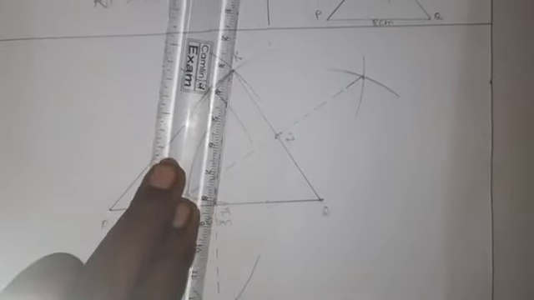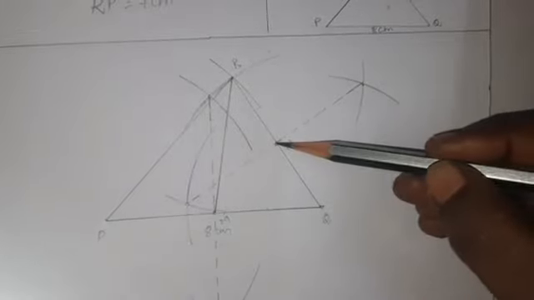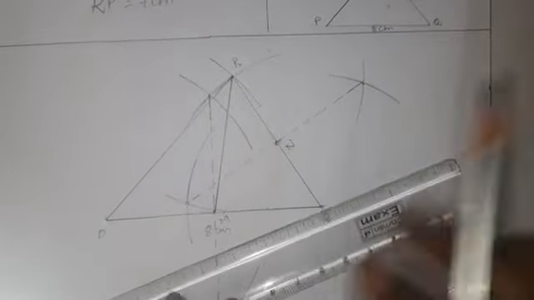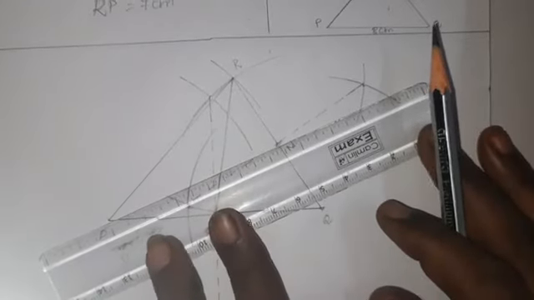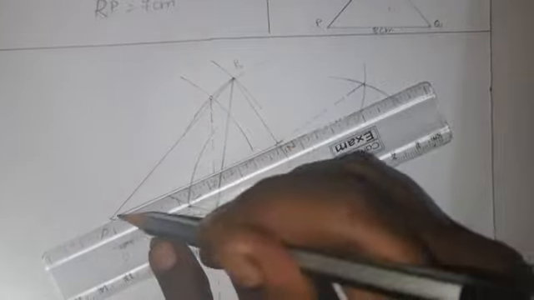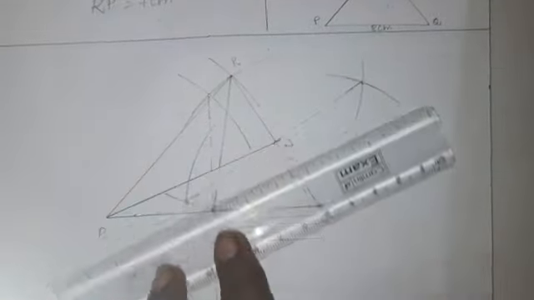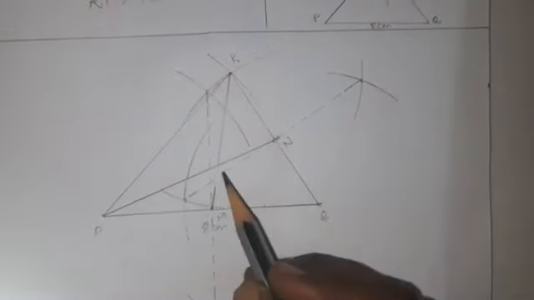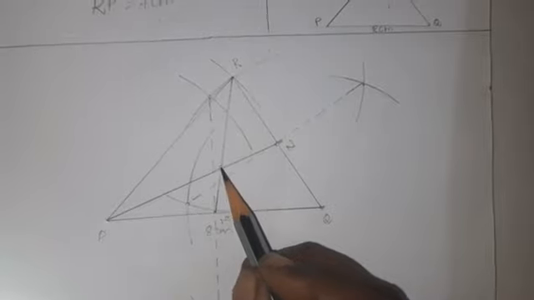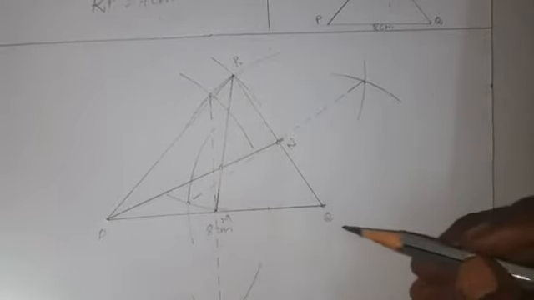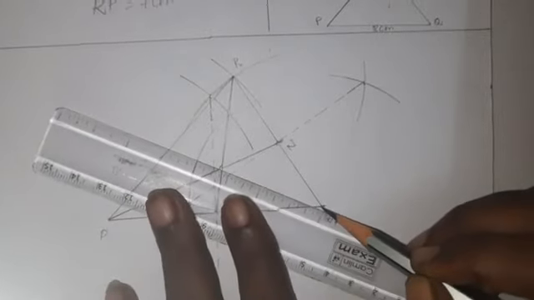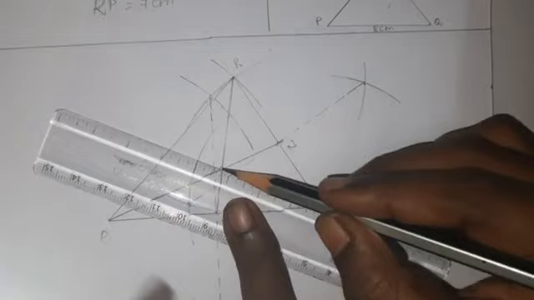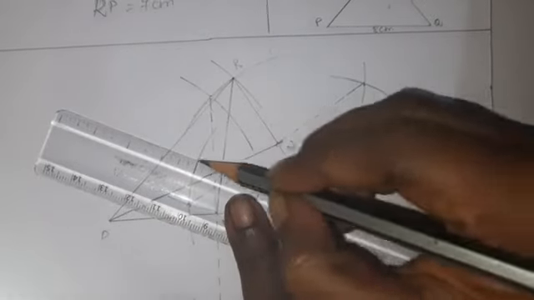I have drawn that as a full line. Here come to QR. N is the midpoint. Here the vertex opposite to that is P, and join this. Then here both the lines are intersecting, make a dot like this. Here come to vertex Q, connect this one, adjust with the middle and connect this line like this.